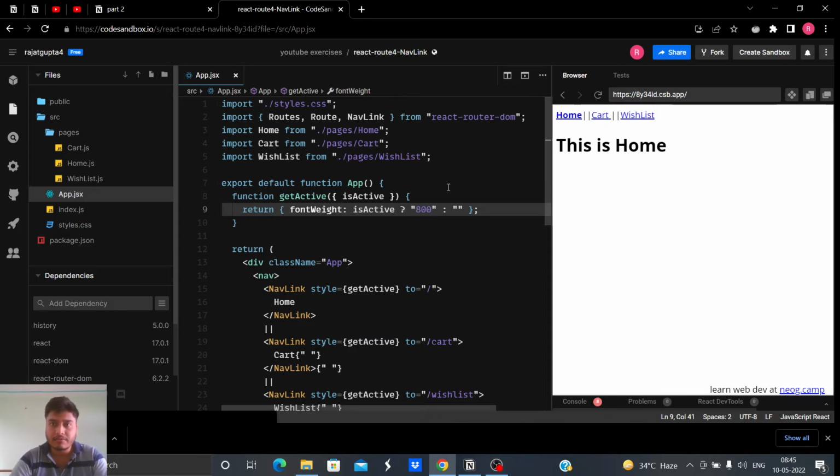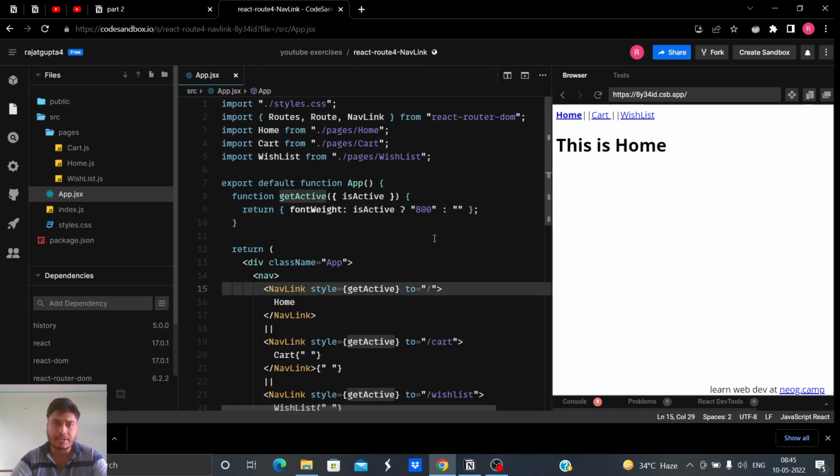Now see, the font weight is changing. The font is becoming darker when I am inside that particular link. So we can have any property we want here, and that's what I am trying to convey.